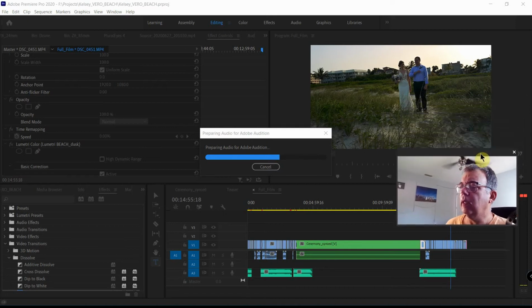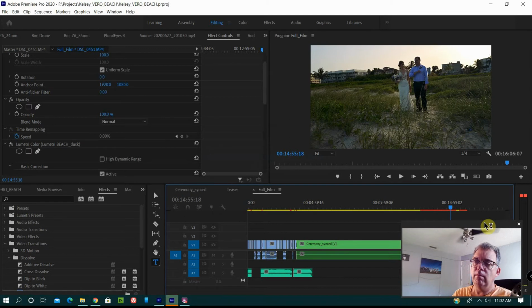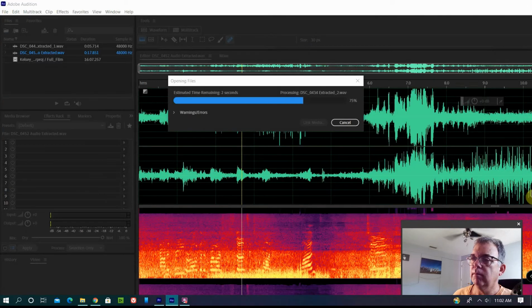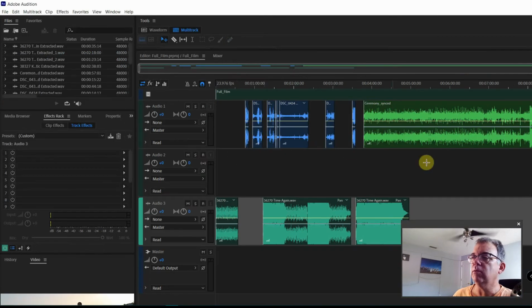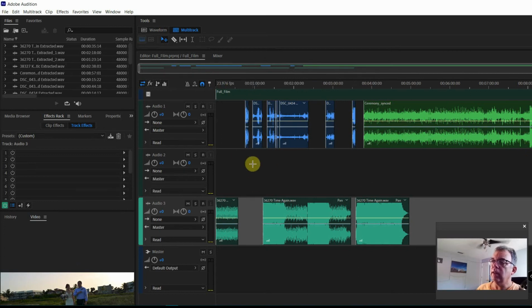So the cool part in Audition is that it brings the entire sequence in. Here's the sequence, it's bringing the entire sequence in just like this. Let me make my window smaller over here, so you can see the timeline. It actually has the video. You can see it does the entire timeline on here,